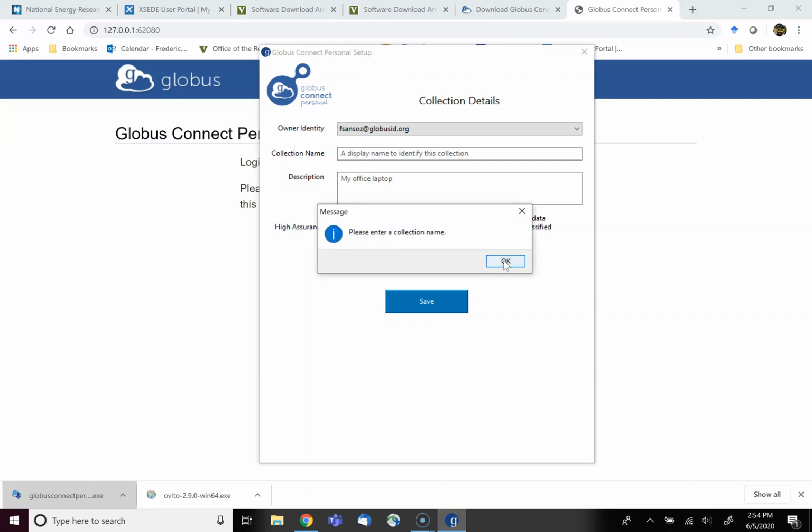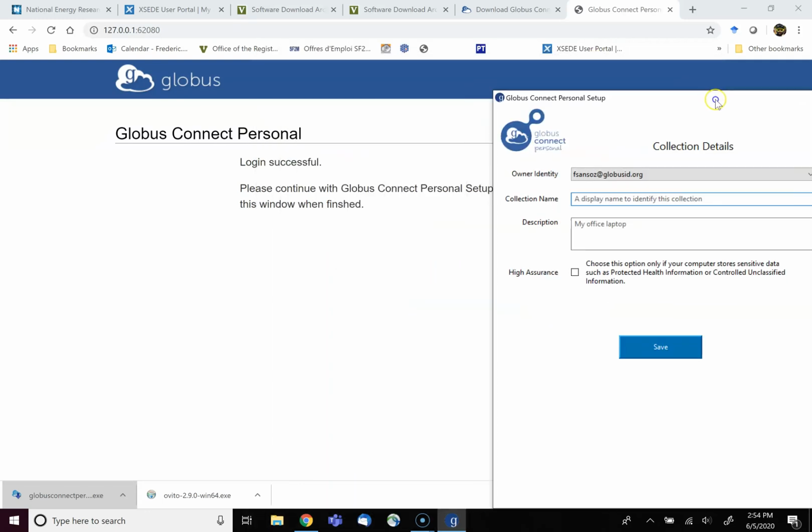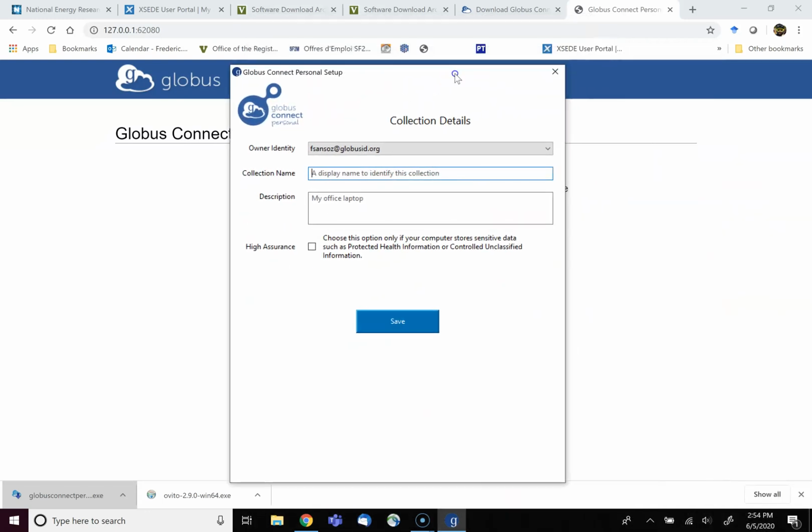Display name to this connection. Not quite sure what this is asking here. So we're going to say Fred Surface Pro 6, which is my laptop. Save. Okay.